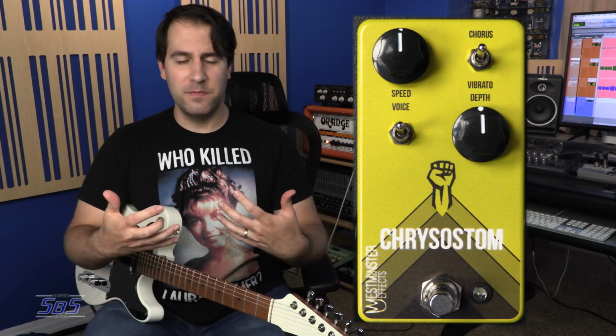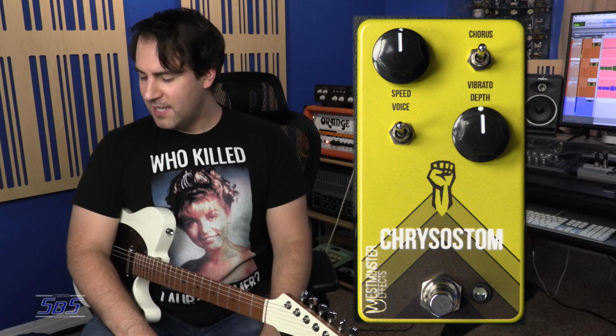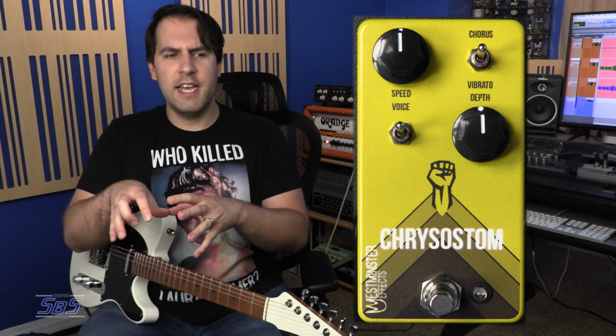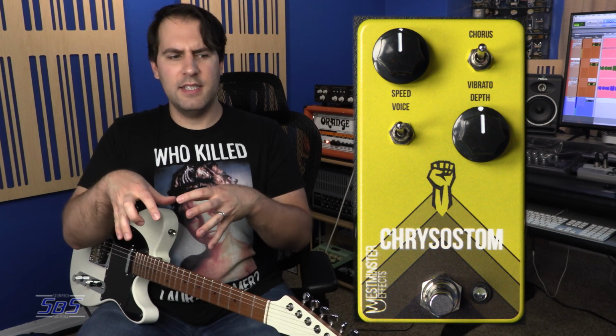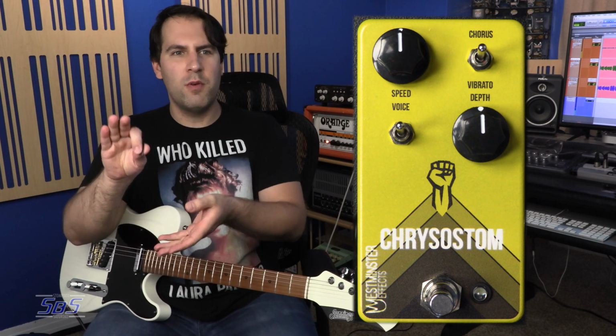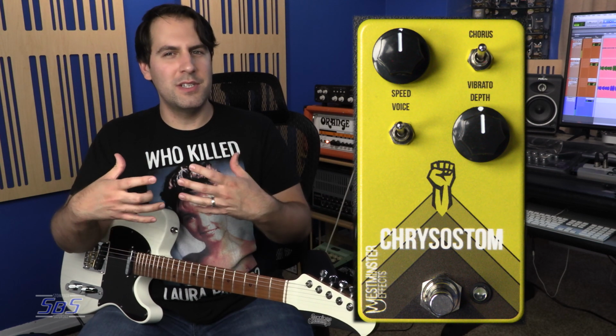Check that out. Pretty wacky vibrato coupled with a very versatile chorus. And this is not a bad pedal. And there's some quirks about it too that I really think are cool. The fact that the chorus almost has this, it does the whole typical chorus modulation thing, of course, it should. But it has this sort of weird phasey quality that I'm hearing. The way the waveform dips and twirls, it just has this very different kind of characteristic to it that I